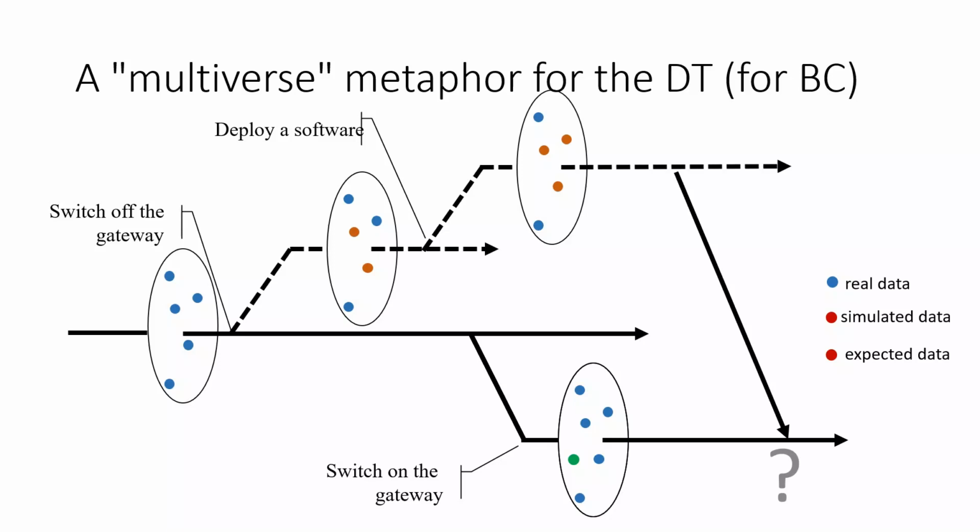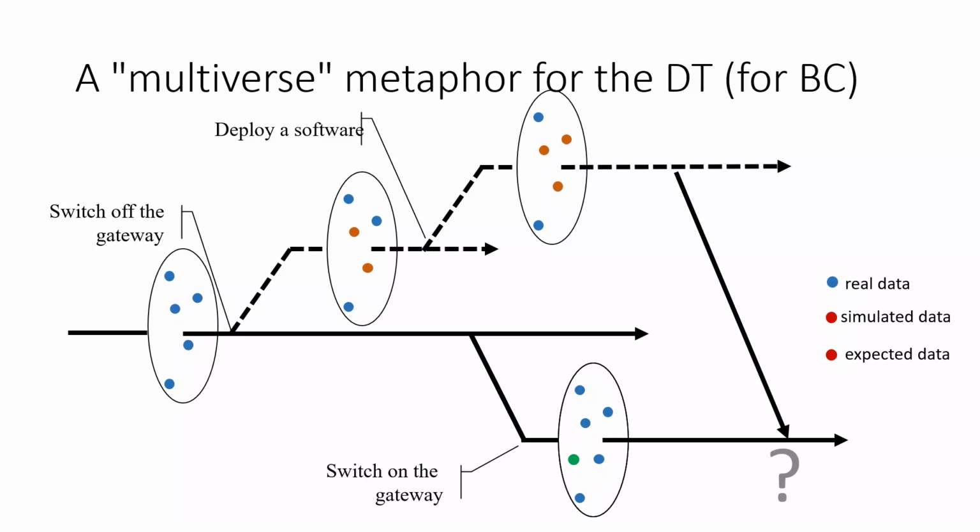Coming back to the demo, the solid lines are the timeline that actually happens in the system. And when we switch off the gateway, the timeline actually branched. We have the real system where this particular gateway is absent, and we have the digital twin that has a simulated gateway as a placeholder, so we can still deploy software. And when we deploy it, we are also making another branch where we have one device with the deployed software,